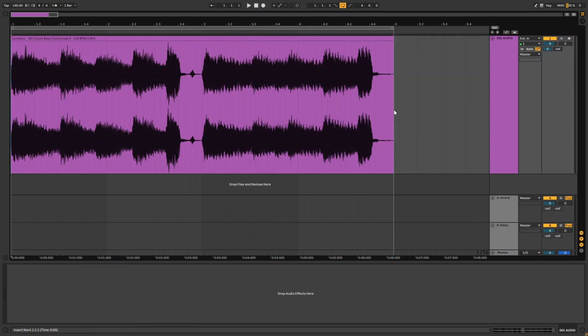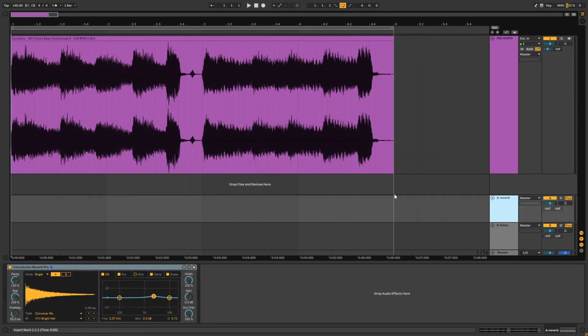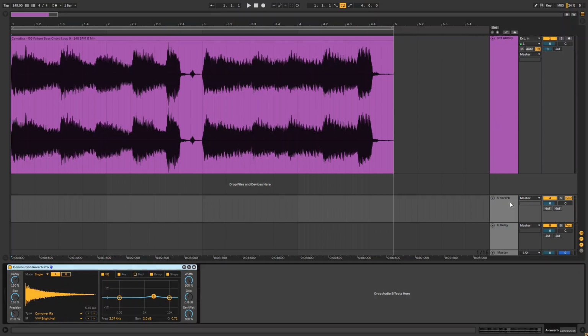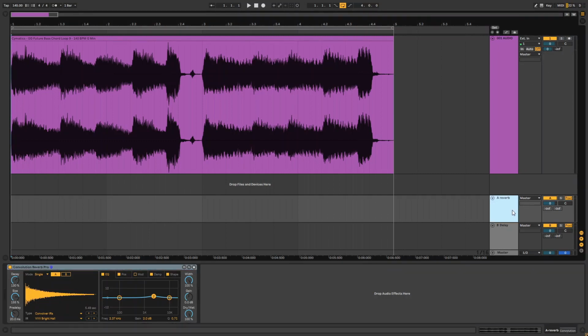If you're going to stem it out for remixes or something, the reverb's separate. But if you have multiple different sounds going to one effect and you want the effect to be the same, so it glues them together a little bit, that's when you use a return track. But since I only have one sound, I'm just going to put it at full and show you how it sounds. With returns, you usually want the effect to be 100% wet,